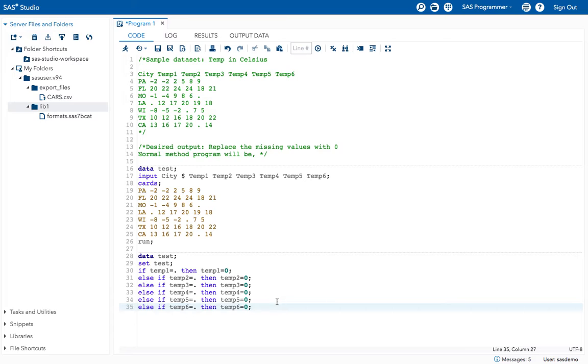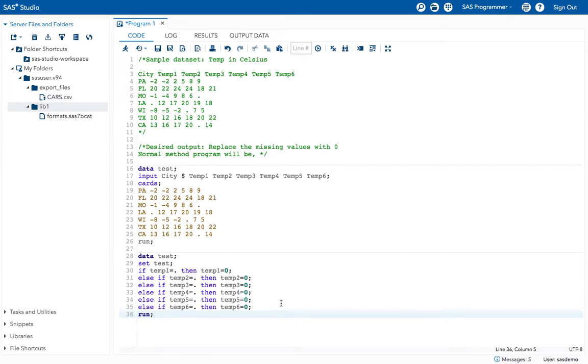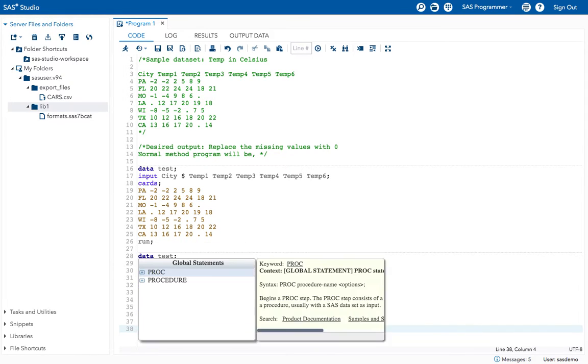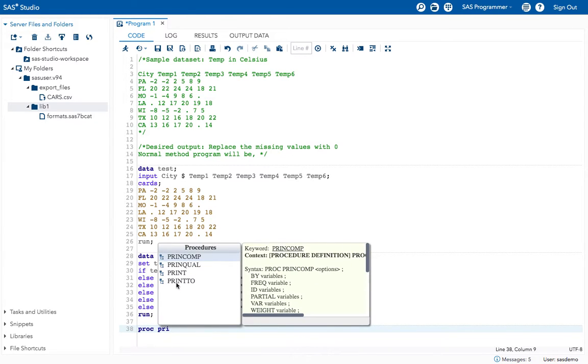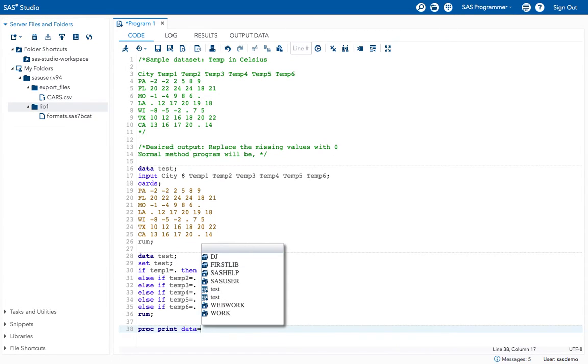Now I will execute this program. Proc print data equal to test.